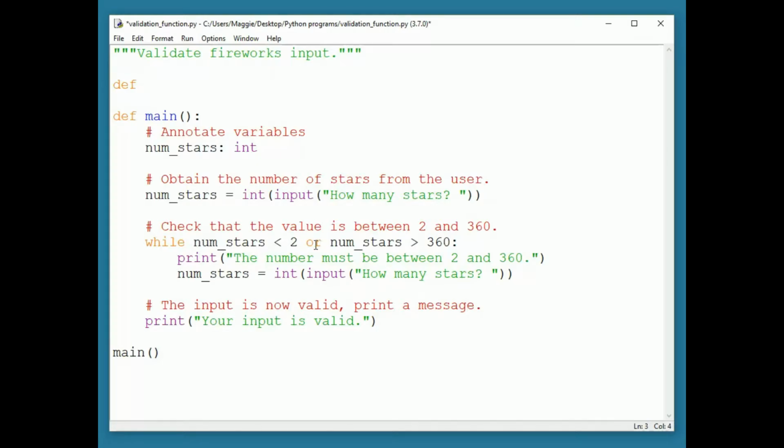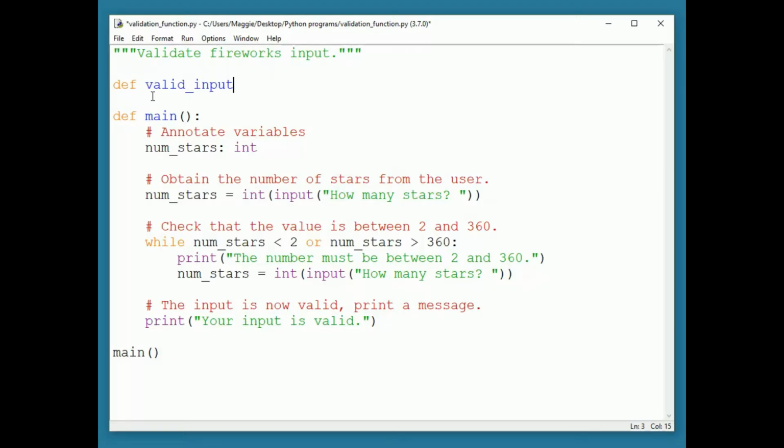This will be a little bit awkward, but how about while not valid input? That describes when we're going into the loop, when the input isn't valid. And it might be easier to write a validation function that describes valid input so we don't make a mistake complementing the valid condition. So def valid input,